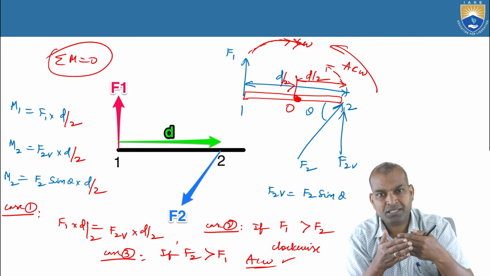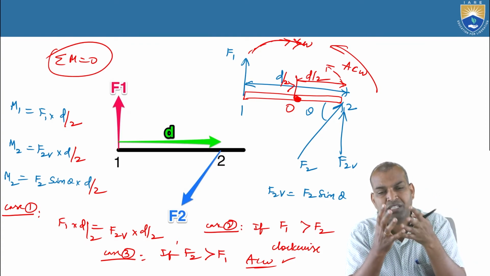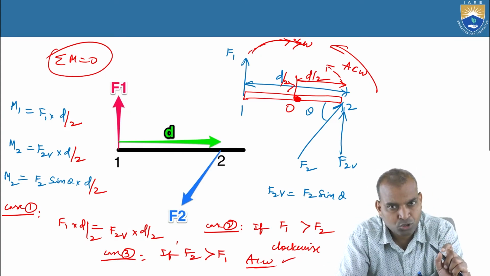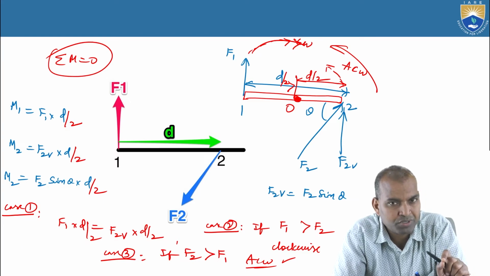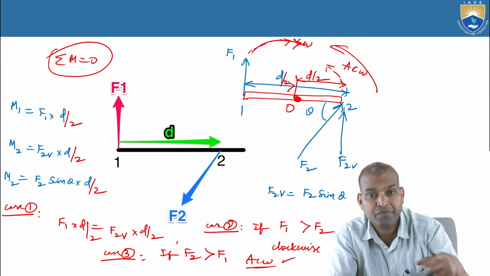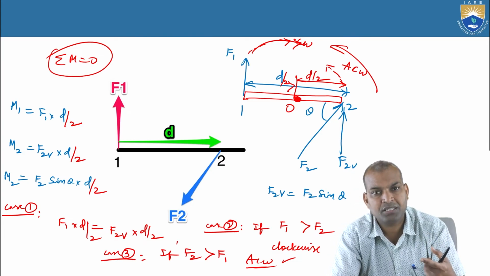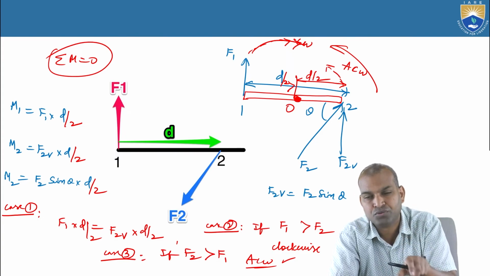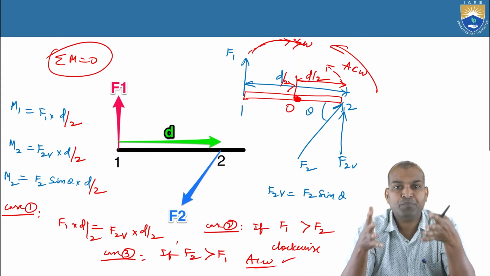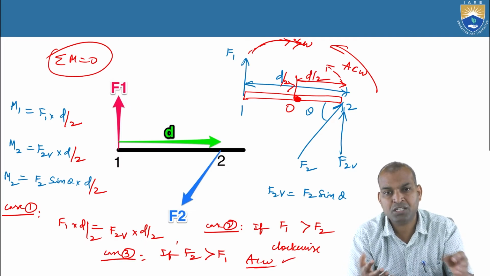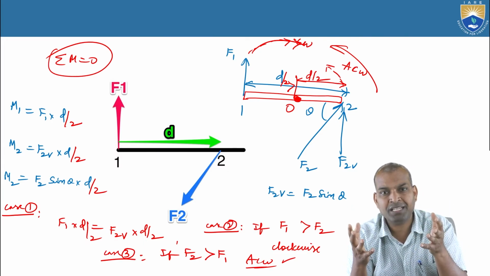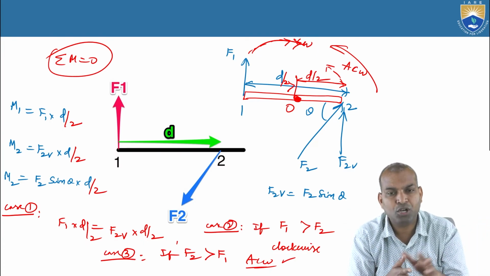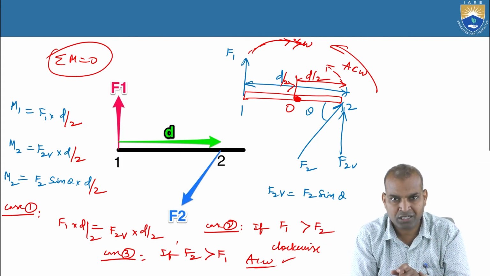So that is the transition. We are converting the physics into mathematics. Clockwise moments are considered positive, anti-clockwise moments are considered negative. With that sign convention, we are converting the moments of a force mathematically, such that if the algebraic sum of the moments is equal to 0, the clockwise moments are cancelled by the anti-clockwise moments. The clockwise moment's effect is cancelled by the anti-clockwise moment.